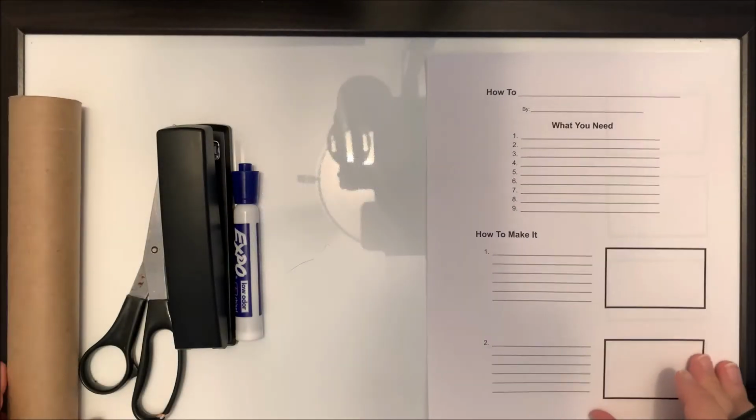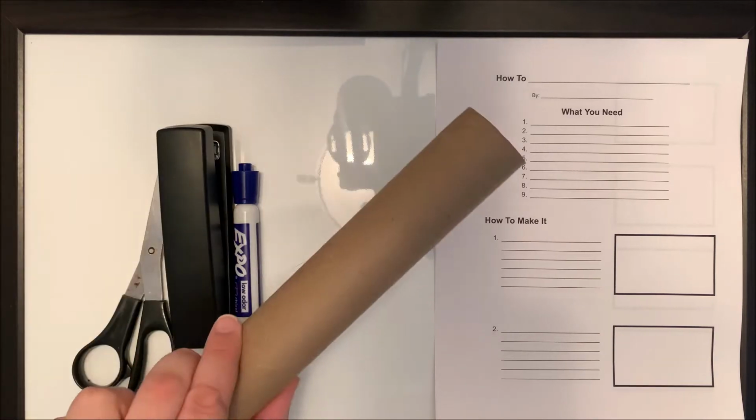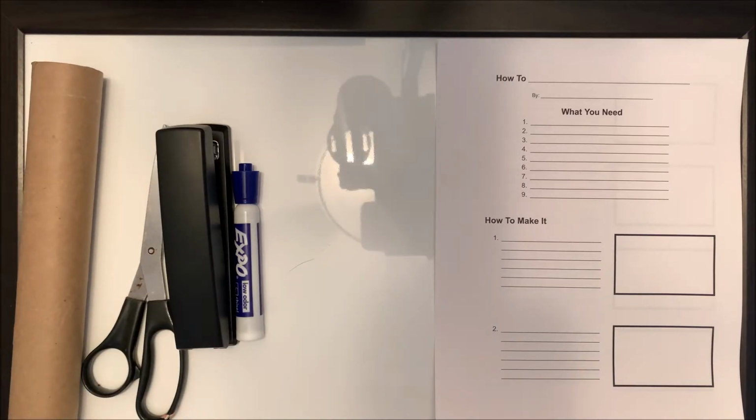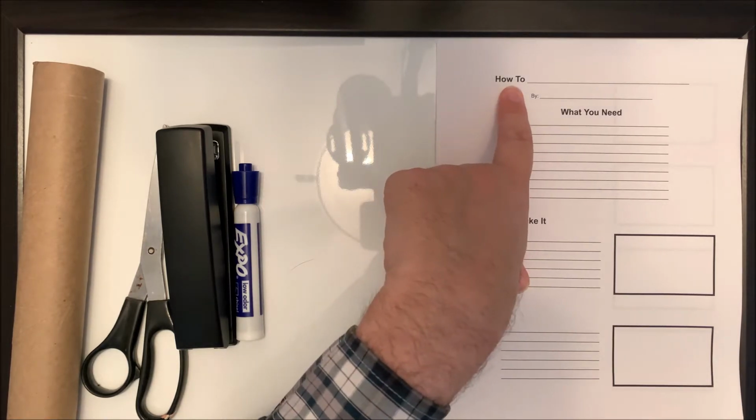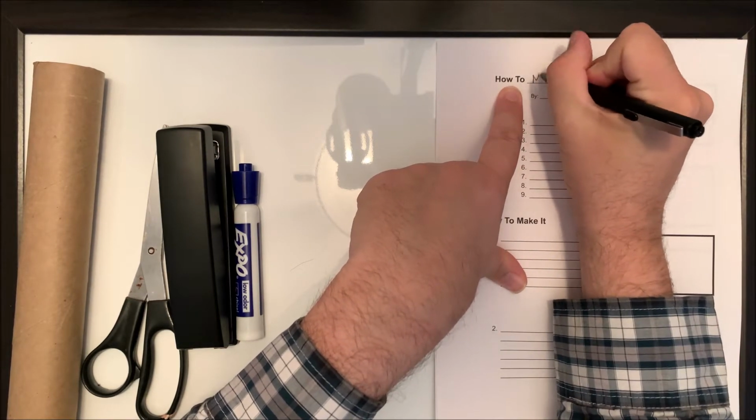Okay, I'm going to show you how to make a cardboard canoe out of a paper towel roll. I'm going to write a procedure for you, which is a step-by-step way of doing something, or instructions step by step. When you're doing procedural writing, the first thing you do is write a title on what you're making. So this is how to make